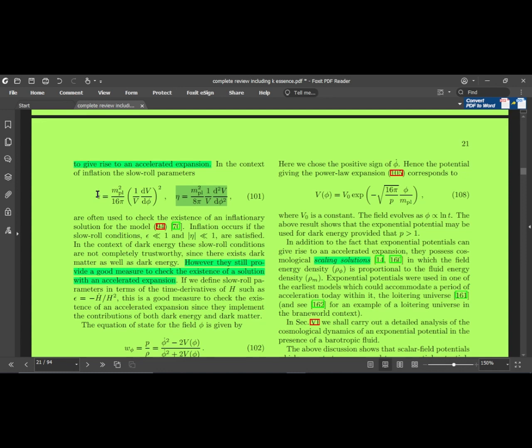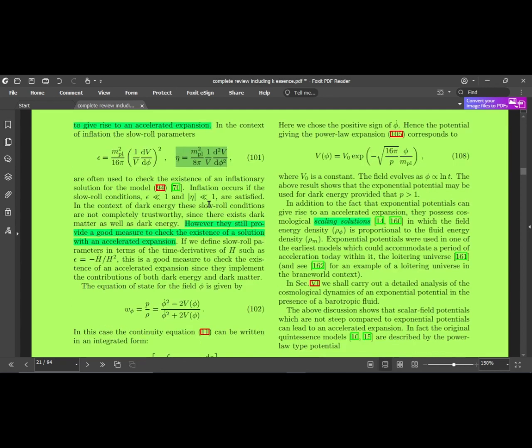Suppose epsilon is not less than 1. It would say that the field is changing its potential very dramatically, so the universe which you are living in might not exist. There could be any kind of different universe in the multiverse of this madness. There could be a universe which has epsilon comparable to 1 or maybe greater, and that universe might be something very different, a bizarre world. But in our universe, the way we have studied inflation, we have found that epsilon must be less than 1, and this eta, which describes the second derivative of the potential, must be less than 1. So that has been written.